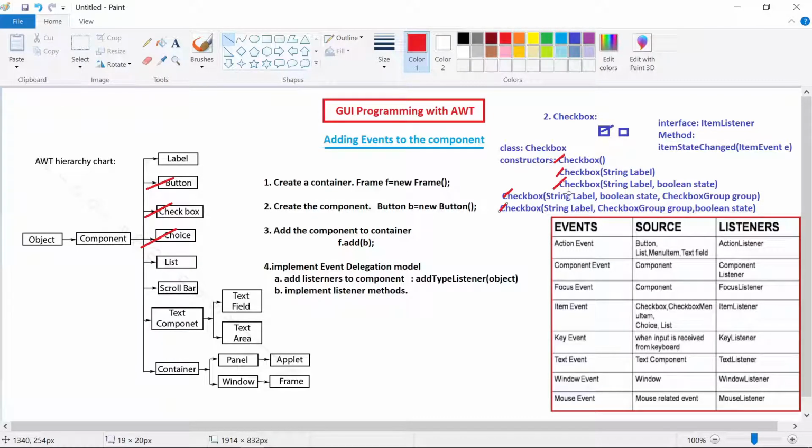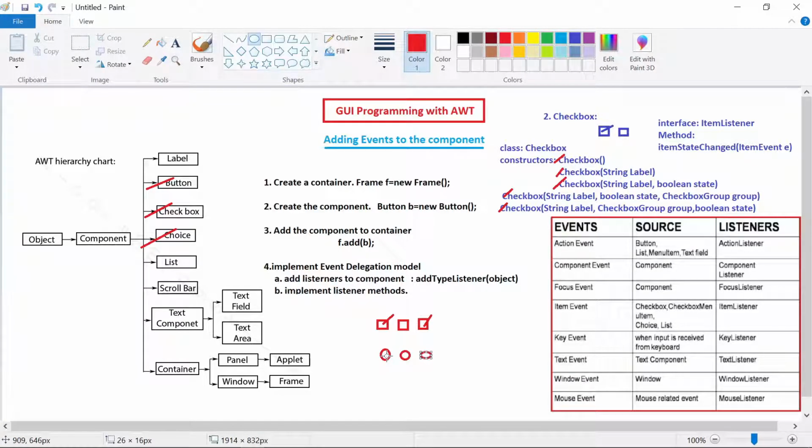I will show you the difference between the checkbox and choice button here. Whenever you create checkboxes, they will be created like this. Checkbox will allow us to select more than one checkbox. That means you can select this checkbox and also you can select this checkbox. But coming to the choice buttons, they will be in the shape of a circle, and will allow us to choose only one option among the available options.